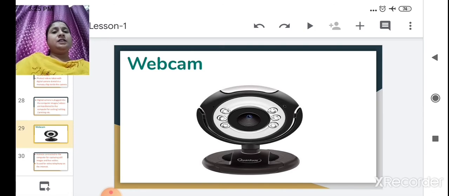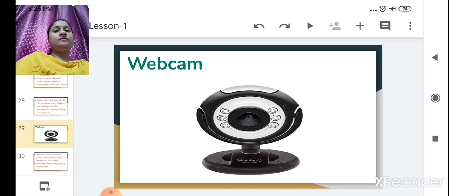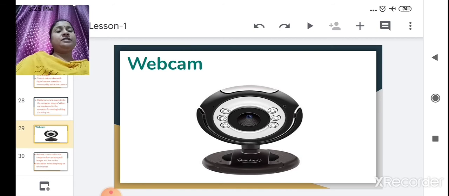Nowadays it is inbuilt in laptops. Using this webcam, video calls and video conferences can also be done. It permits the computer to act as a video phone or video conference device.